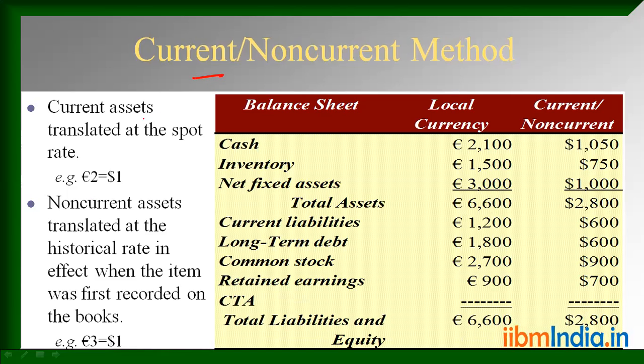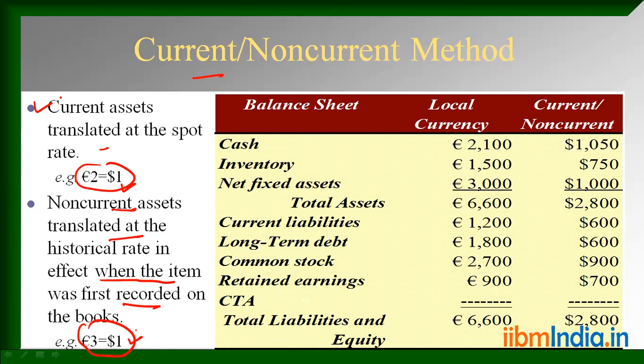So in the current non-current method, current asset is translated at the spot rate, that is, €2 is equal to $1. Non-current asset is translated at the historical rate in effect when the item was first recorded in the books, €3 is equal to